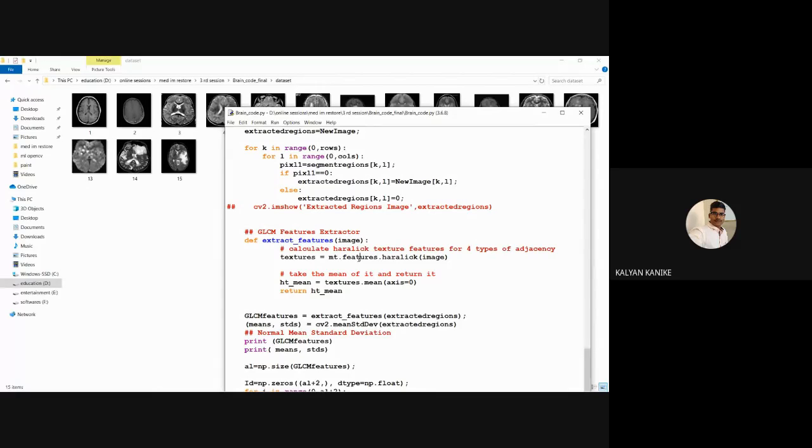For example, if we have 250 rows and columns of information, from that big array we are able to find out 5 to 10 features. It's not about pixels, we call them features. That features information is very clear information about the input image. For each image it finds separate numerical values.